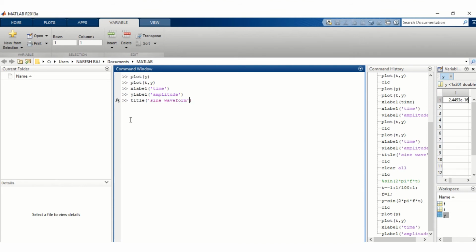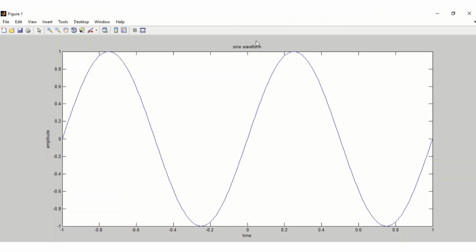This will be written on the upper side of the waveform. Here you are seeing that the sine waveform title is written, amplitude has been written, and time has been written. So this is the plotting of the sine waveform with the help of the command window.